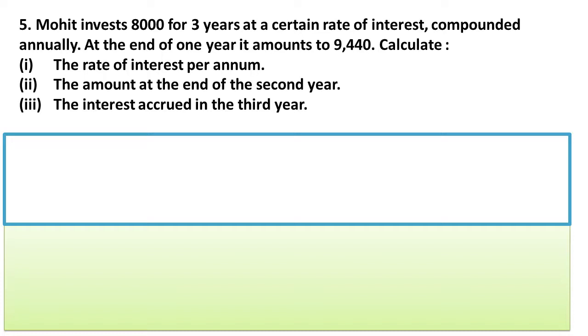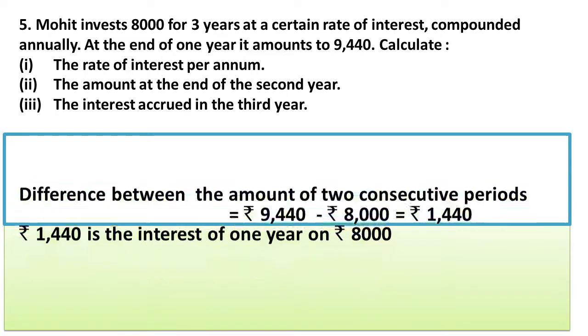In this problem also, the amount for 2 consecutive years is given. 8,000 is the amount at the beginning. At the end of the year, the amount leads to 9,440. So the difference will be the interest for 1 year, that is